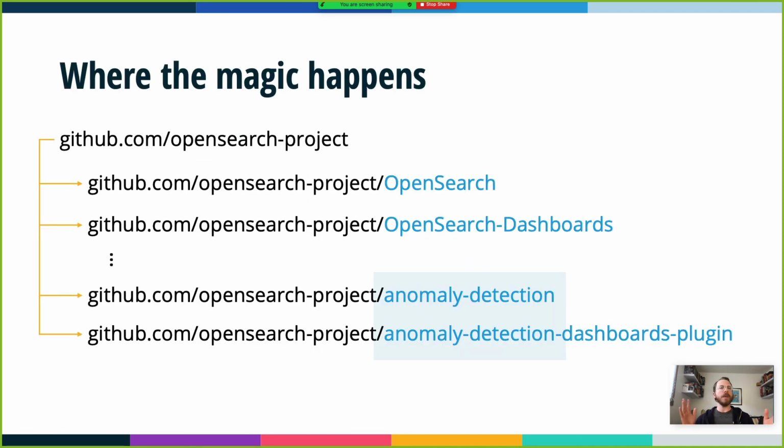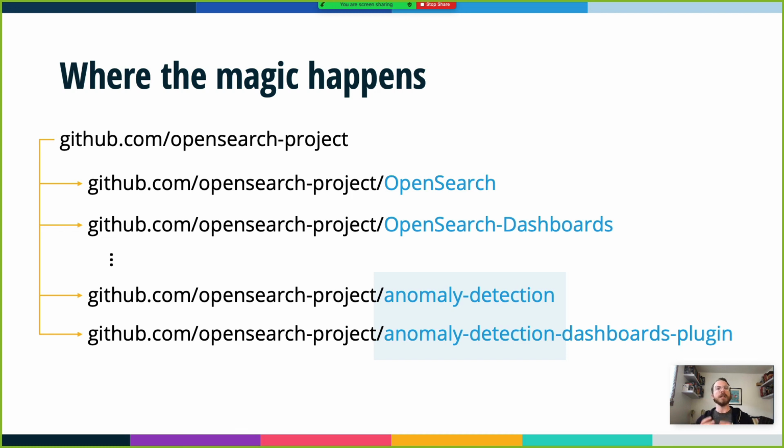So GitHub is, for almost any open source project, and OpenSearch is included, the core of the interactions that will occur. This is where the source code lives. Now, with the OpenSearch project, it really starts with the GitHub organization. I did mention earlier in the talk how it was organized, and that you had the two core pieces, OpenSearch and OpenSearch Dashboards, and then from the lineage of Open Distro for Elasticsearch, you had a number of plugins that add functionality. So that has carried forward into how the structure of the GitHub organization works.